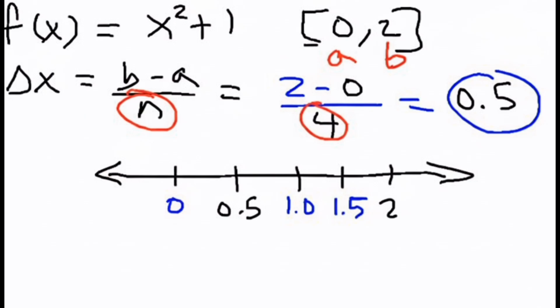Now we are going to do something. We are going to split the rectangle into 4 parts. You see, we have 0 and 0.5. Between 0 and 1, we have 0.5. Between 1 and 2, we have 1.5. So we've split the rectangle into 4 different parts. Now we want to find the area using the left endpoint, the midpoint, and the right endpoint. So these are the 3 things we are finding, and after we find them, we are going to compare them with the first solution, the traditional method that we use in finding the area under the curve,